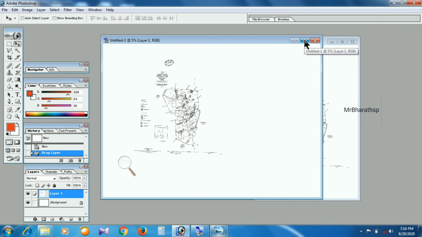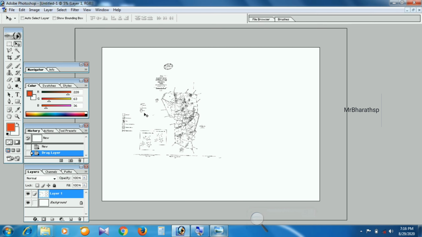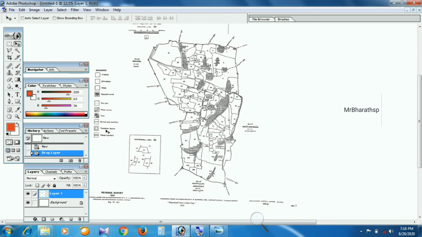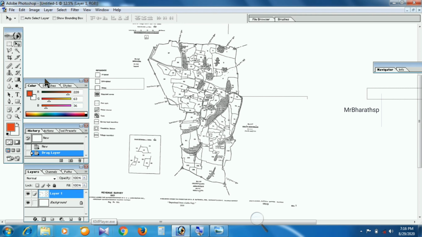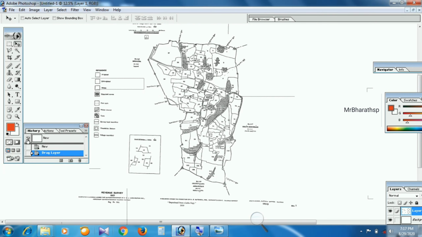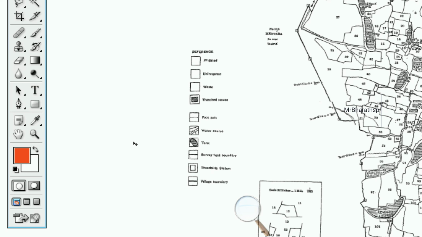Now you can see the RVM came into our main sheet, but also you can see there are some unwanted items which we don't want, like the name of the village and also the references or indexes. We need to remove all of those. First let us bring these tools aside. There are many tools which we can use in Photoshop, but at present we are not using all of them. We will be using some of the tools. Now we shall remove this using the eraser tool.